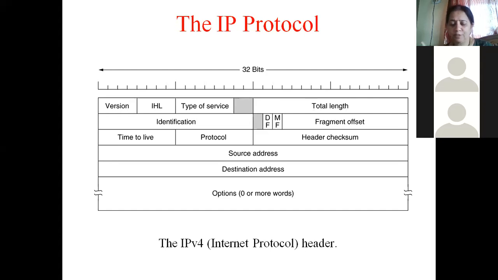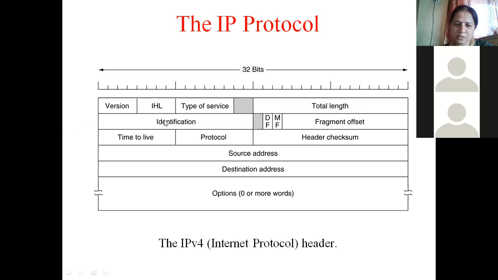You should be able to distinguish between IHL and total length. IHL gives the length of the header. Total length gives the length of the complete datagram, that is header plus data. This total length field is 16 bits long. You can see on top how long this particular field is. 16 bits are used to indicate the total length, and it indicates the length of the header plus the data part. For example, data part is 500, header is 20, total is 520. That is indicated in the total length field.